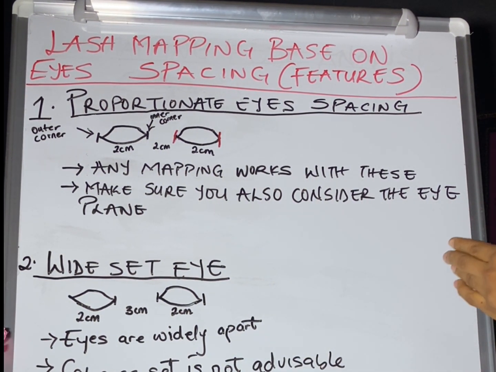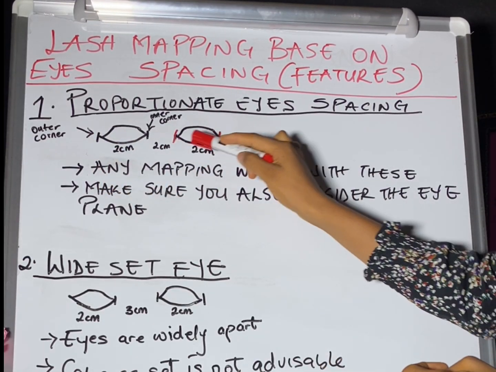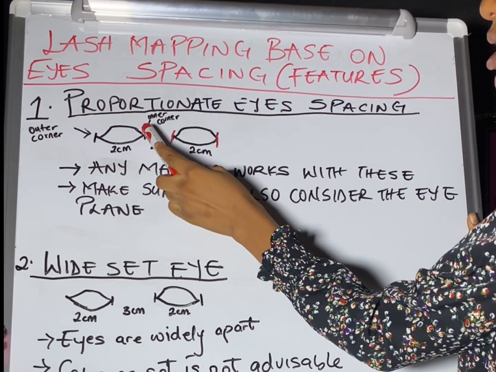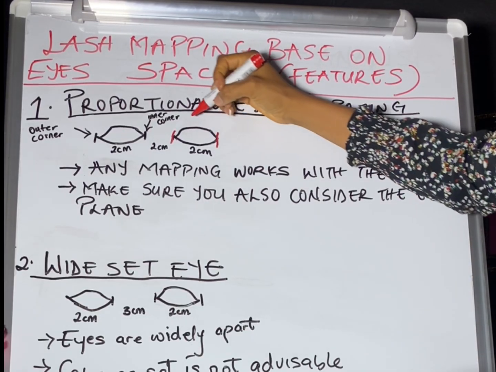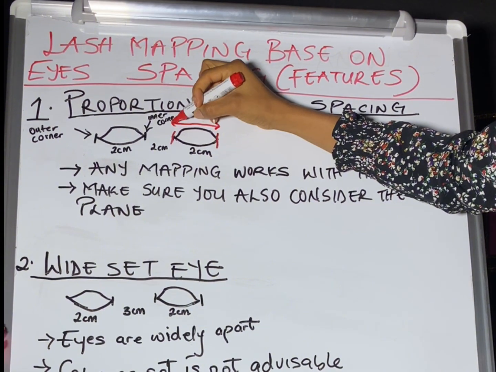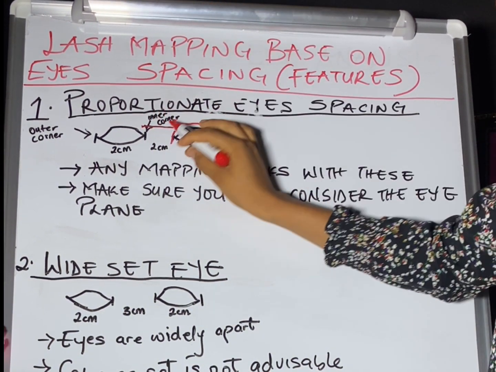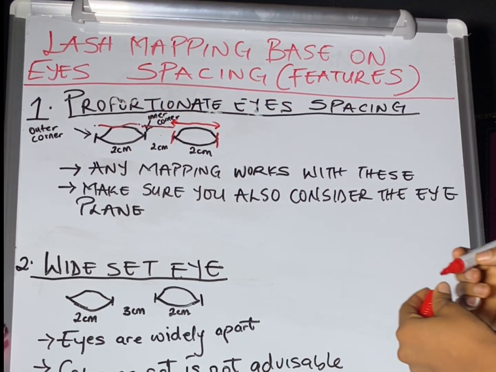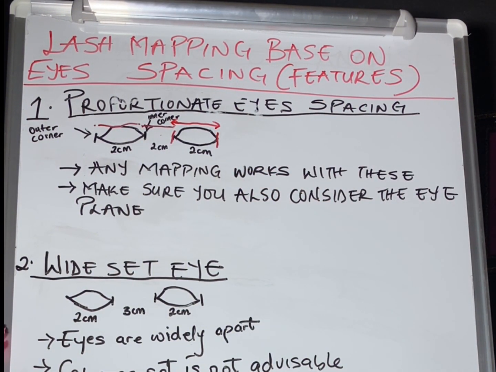This is when the eye sockets, that means the eyes, the distance from here to here is the same as the distance from the inner corner here to the inner corner here, and also the distance from here to here. So let's say this place is 2 centimeters, the distance from here to here is 2 centimeters long, and the distance from here to here is also 2 centimeters long. Then we will say this client has a proportionate eye spacing, and with proportionate eye spacing, any